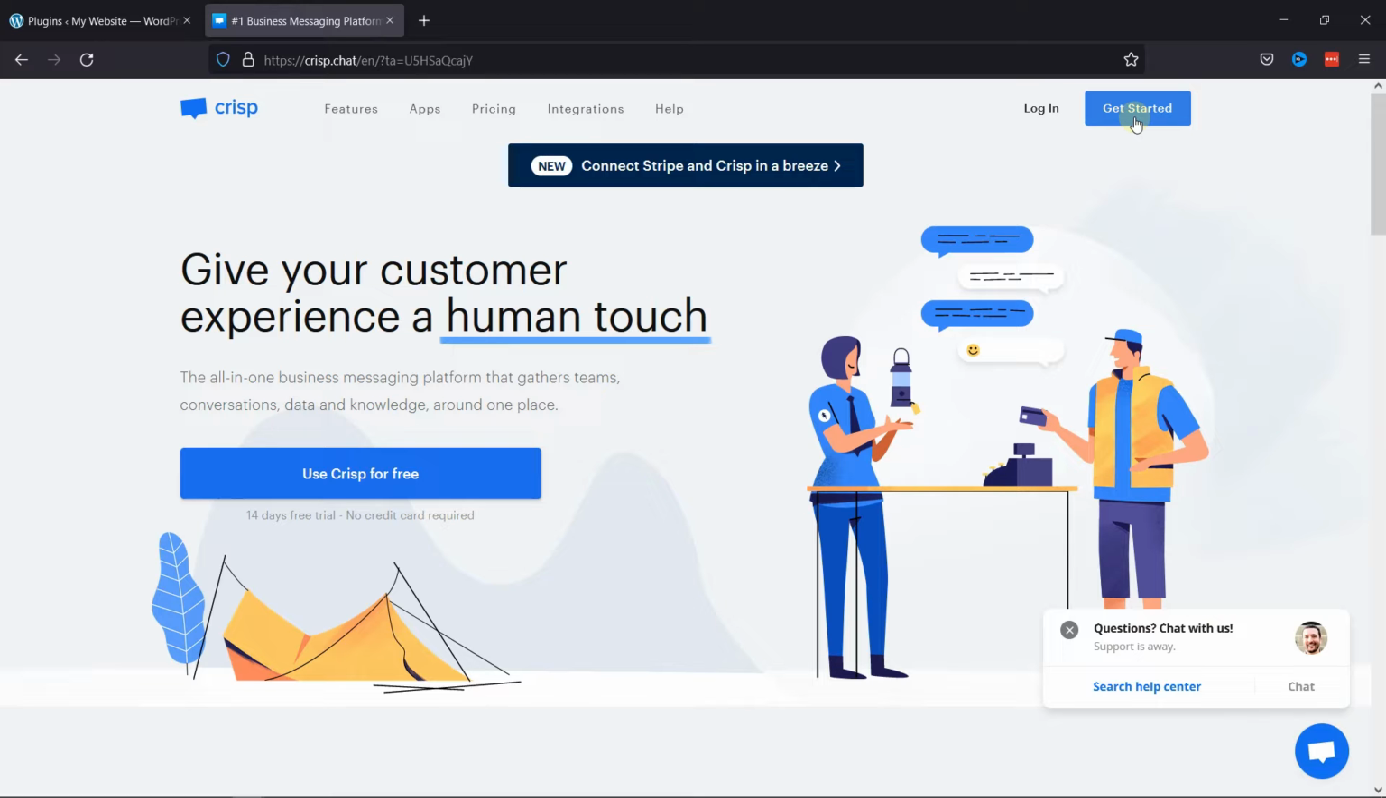The first step is to create an account on a website called Crisp. This is the website, and I'm adding its link to the description. Crisp is basically a live chat tool that we'll be using for our WordPress website. To create an account, just go to the link that I've shared in the description, and it'll take you to this website. Simply click on the Get Started button over here,